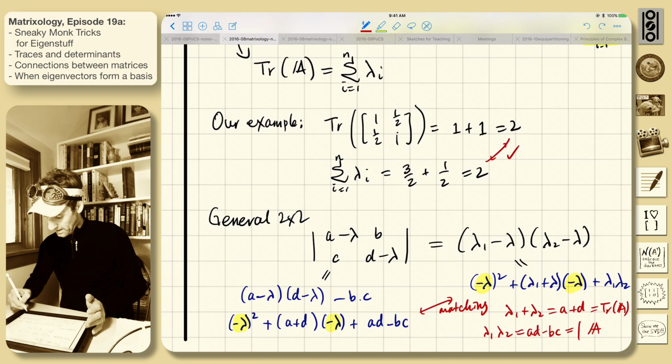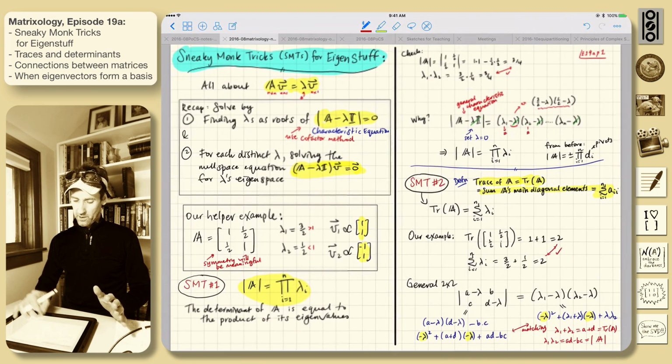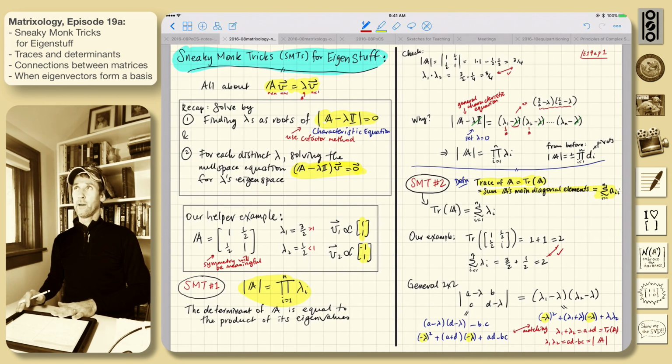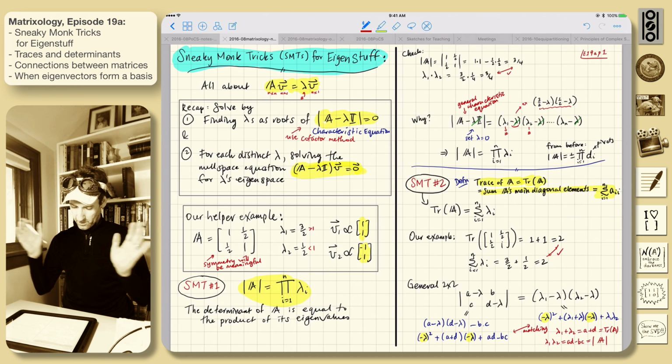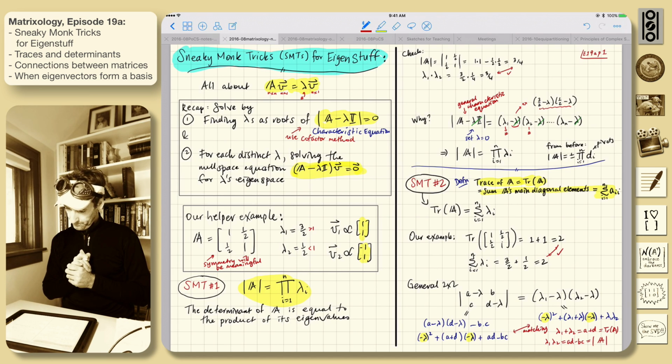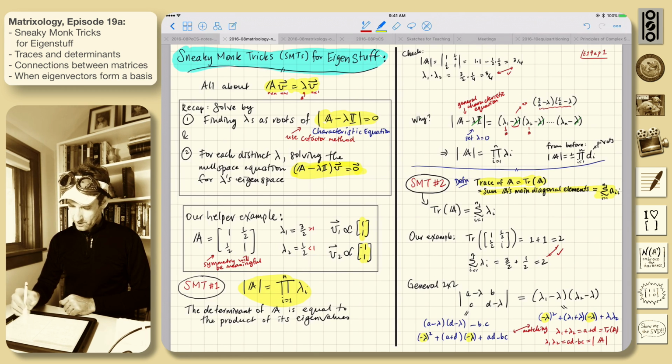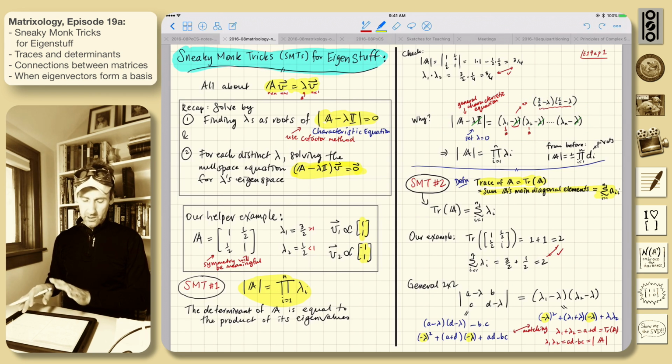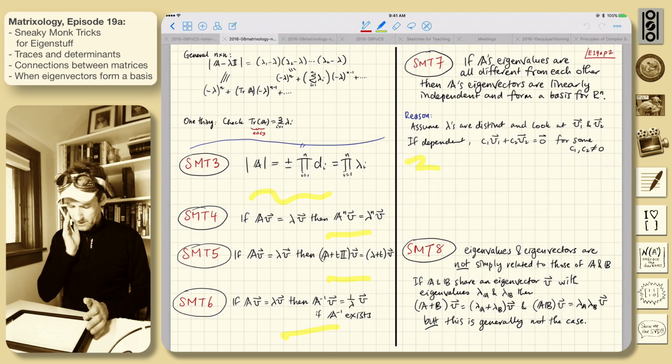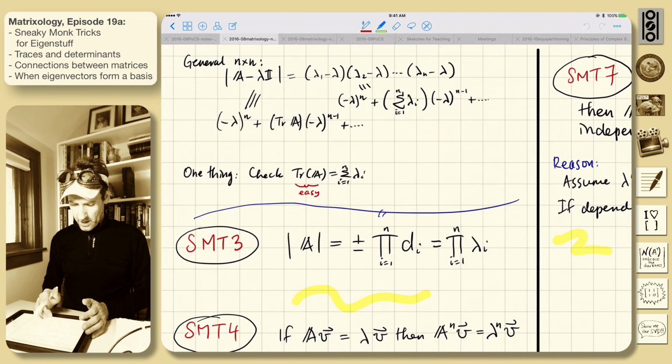So for both of our results we've just shown, this is just a little argument for a general 2 by 2. Now, of course, that's not enough. We have demonstrated how this one works. So let's argue a little bit, just quickly, which we'll do for many of these things. If we had a general n by n,